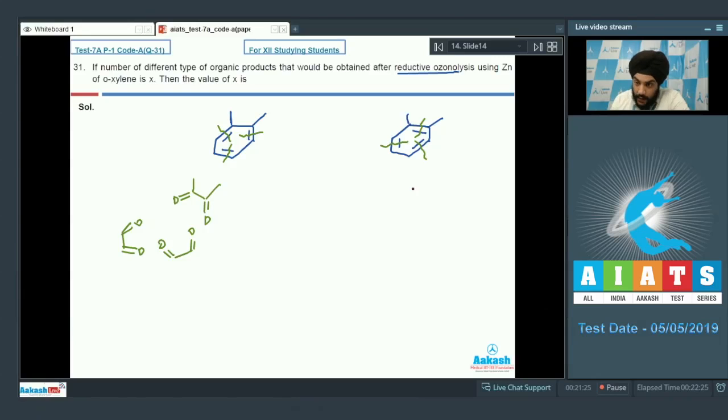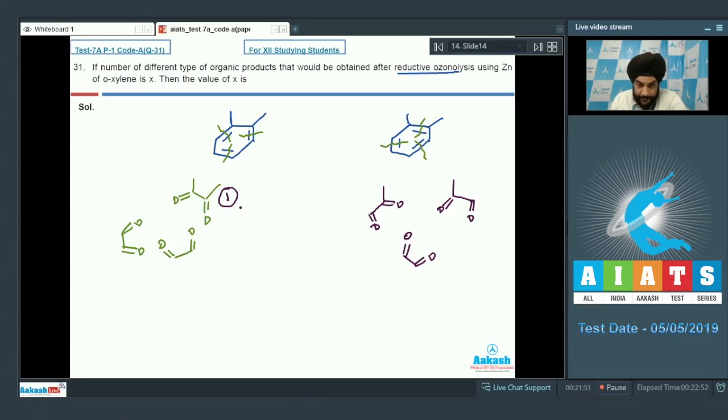The structure on the right, when allowed to undergo ozonolysis, is going to give us this structure. Another mole of the same structure will be also formed, and there will be a formation of glyoxal as well. So if we try and figure out the number of different products which are formed, we can clearly see that